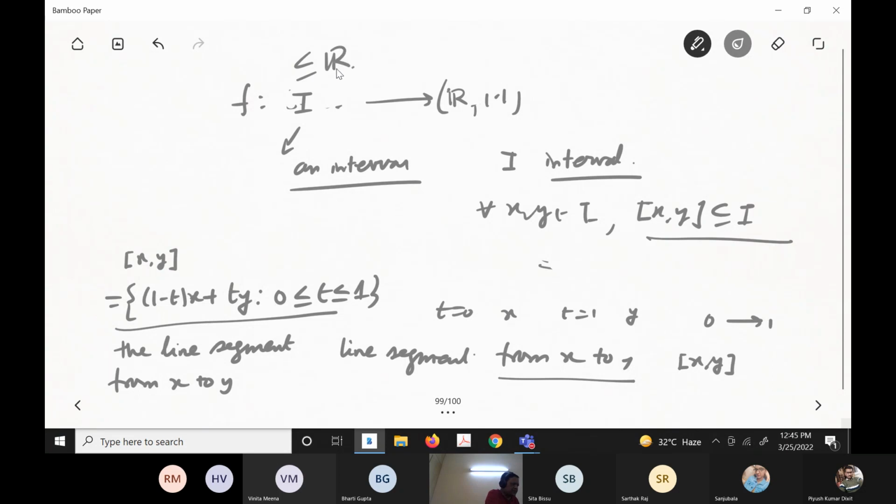By this result, for which I have not given the proof, I proved it last semester. If you look at the proof, it's an interval, so it is connected in R. But a connected subset is an interval, so it is an interval. In fact, that result, a subset of R is connected if and only if it's an interval, I am using both ways. Here, I have an interval, then I am using that this is connected. Then the continuous image of a connected set is connected, so it's an interval. The other way I am using: the image of an interval is an interval.